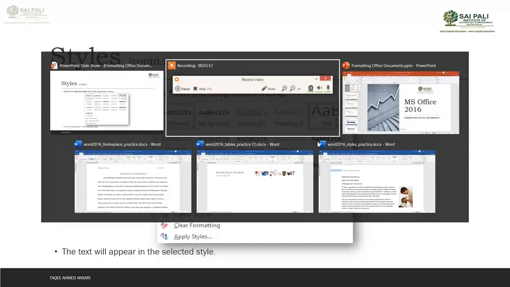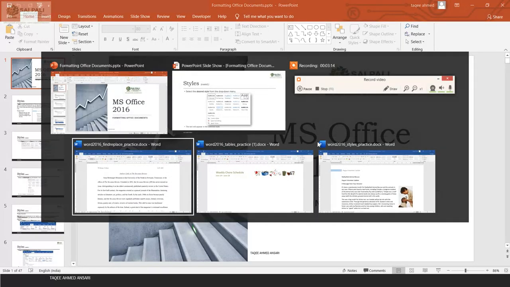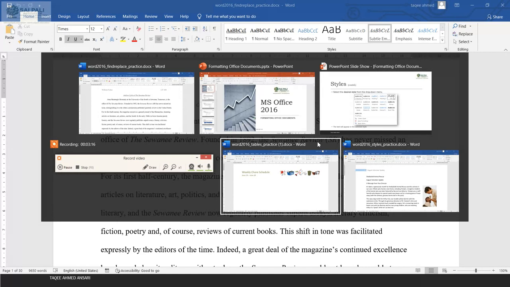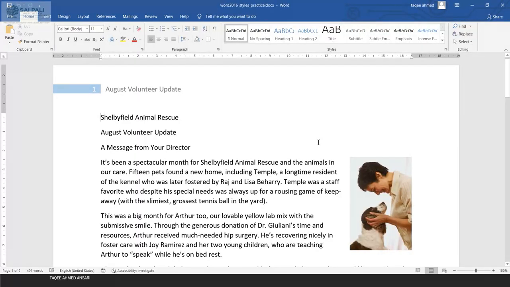Let's say I have a document here, and I want to change this line's style.